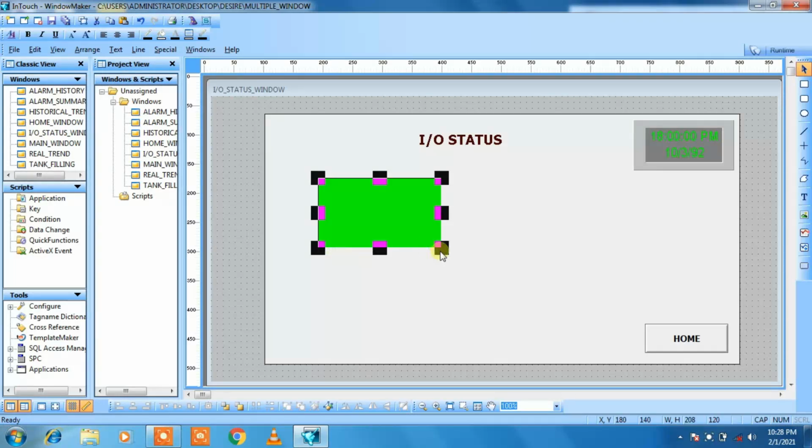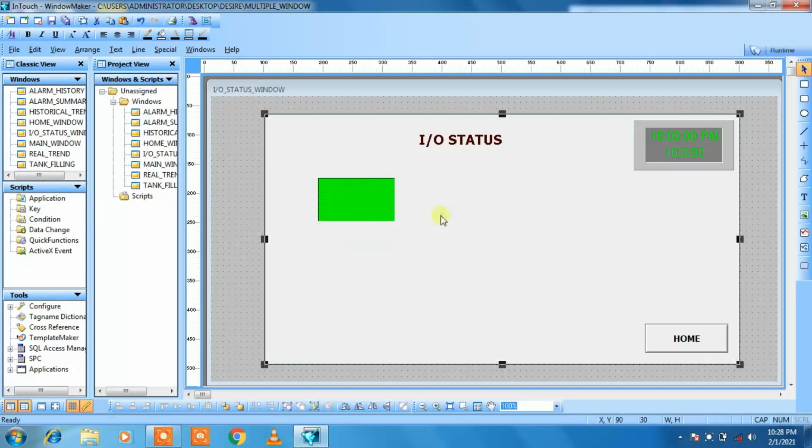We will make it proper in size. So this is our first indicator, that is for start button. I will give the name as start. Let us increase the font size of start, arrange it properly.